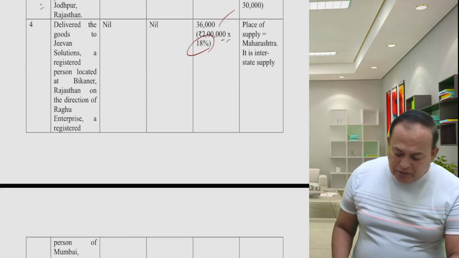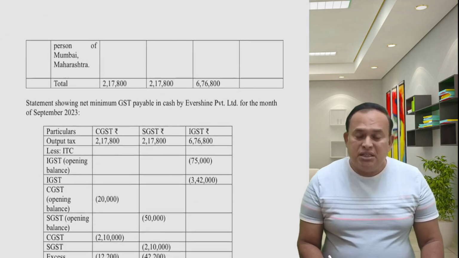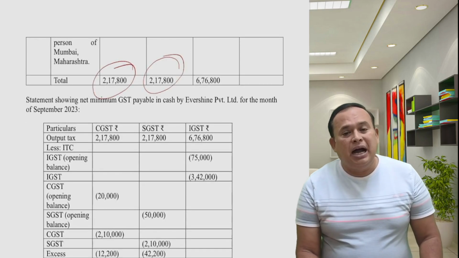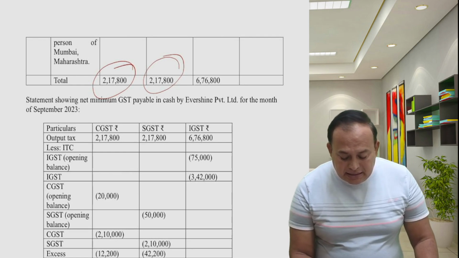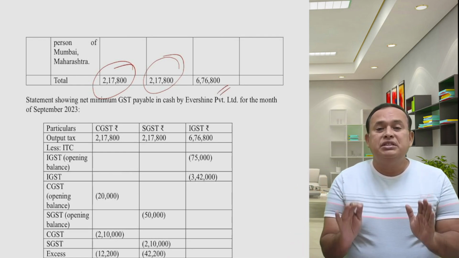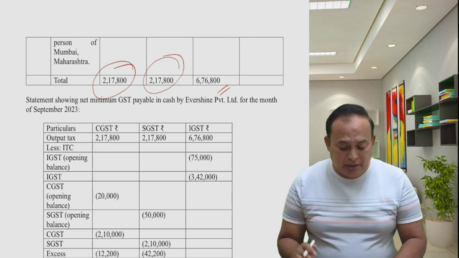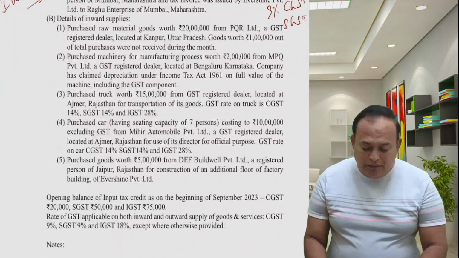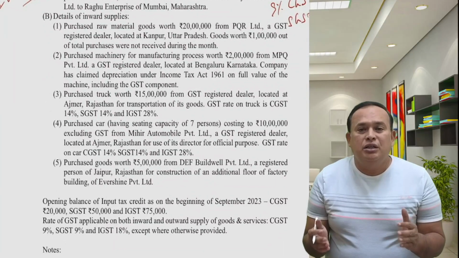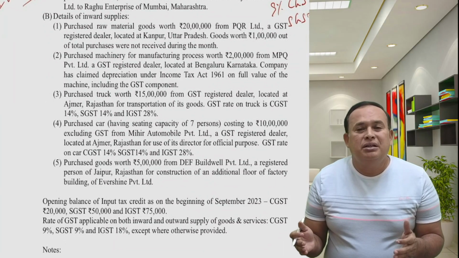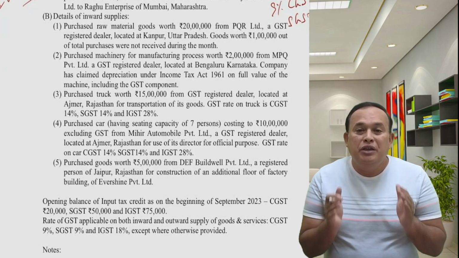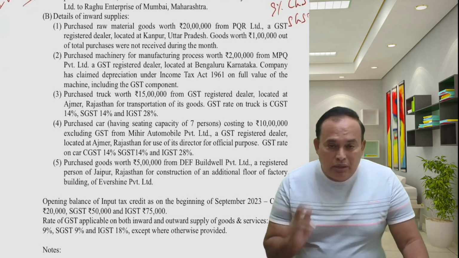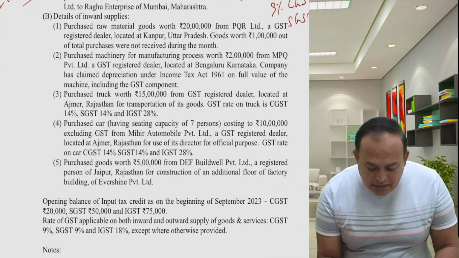With this, we got an output supply which is CGST 2 lakh 17,800, SGST 2 lakh 17,800, and IGST payable on outward supply 6 lakh 76,800, which is before adjustment of input tax credit. Now, inward supplies. Let us see inward supply. Very good problem it is, my dear friends. Very easy to answer, though the problem may be lengthy, 10 marks easy to score if you have patience to read and apply the provision. Simple. Now, here only you have to be alert. In the given case, be alert.